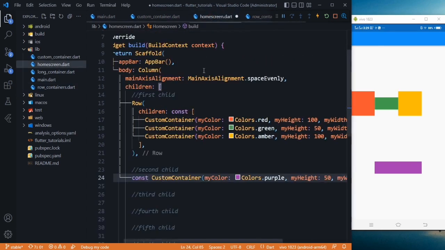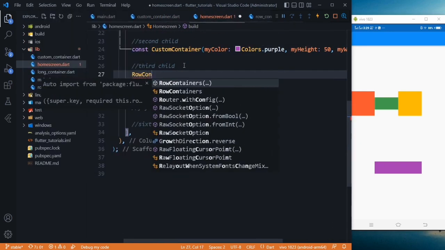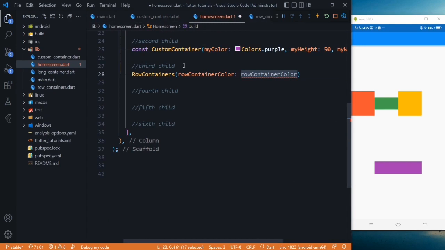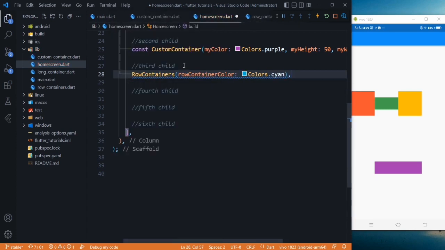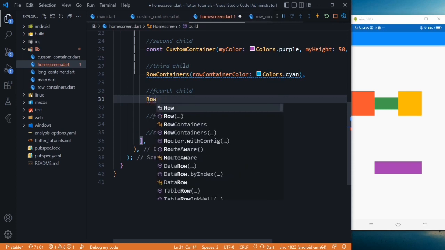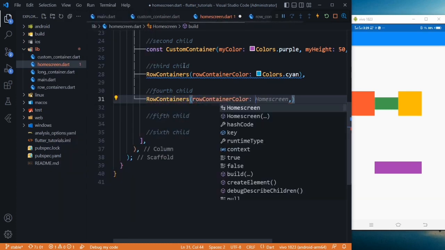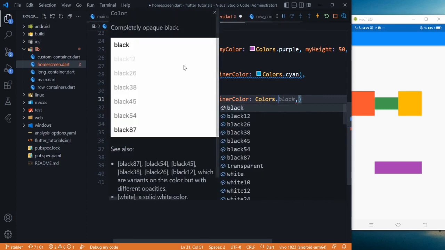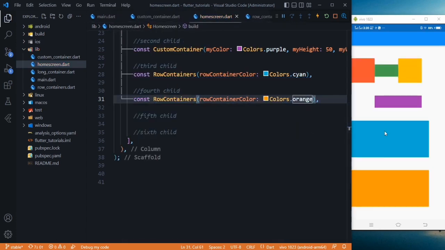Go back to your home screen, and here in the third child use your row containers, and now you have to pass the row container color. So it will be Colors.cyan, and after that for the fourth child you have to use your row containers again, and in here you have to pass your row container color, which will be Colors.amber, or you can use orange, and just save it. As you can see, both are of the same color,